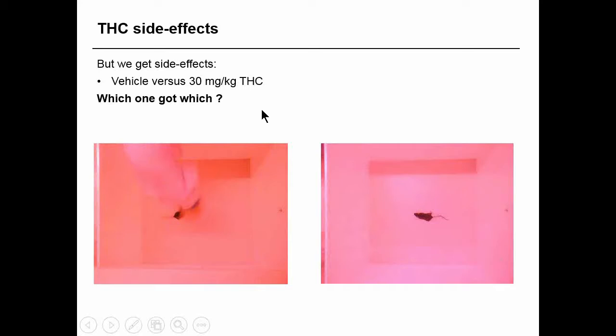So here's what we have, a thing called a dark open field. It's red, it's dark. And we put the mouse in the middle of this square chamber, and we just look how much it moves around. And mice, when you put them somewhere new, they do mousy things, they explore, they'll go around, okay? And so one of these has got an injection of just a vehicle, just the solution we dissolve THC in, and the other one has got that with THC, okay? So that mouse has gone in, and off he goes. He's having a look around the place. He'll go over there. And this guy here,